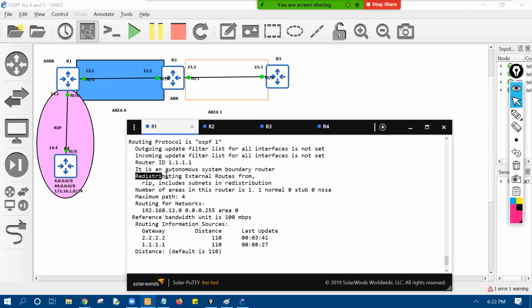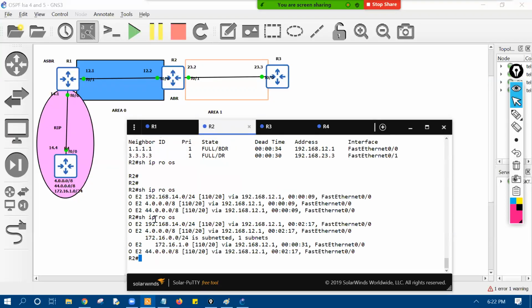I am redistributing the external route from the RIP, including the subnets. If you don't put the subnets keyword, this information will not be there. So right now R2 has complete information, and if you check the database table, show ip ospf database,